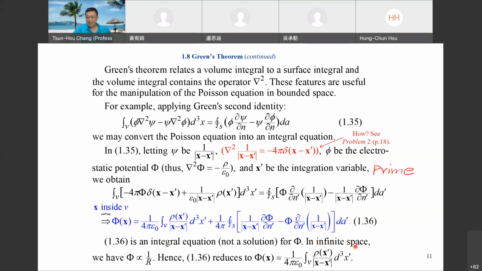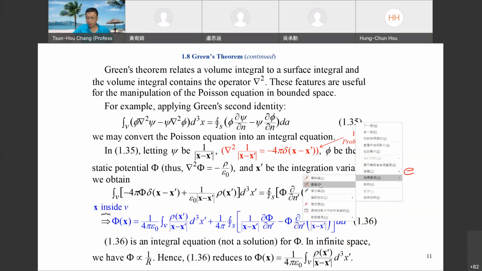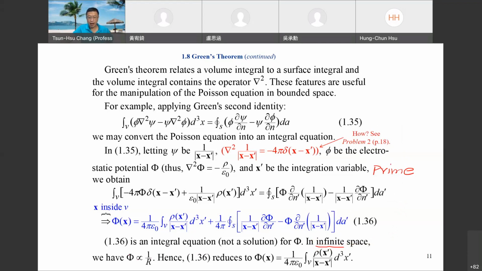However, in infinite space, let me show you. In infinite space, we have phi proportional to 1 over r. Hence, this equation will reduce, because the contribution from this one will be very small: 1 over r squared, so it's 1 over r cubed. Therefore, the contribution from the surface will be 0 if